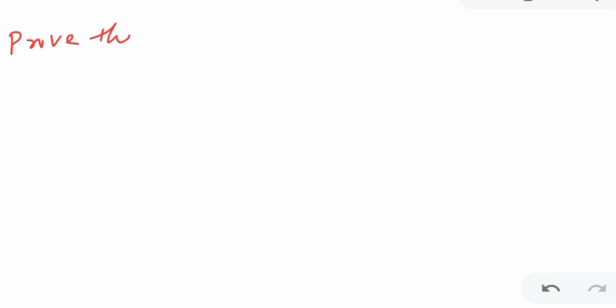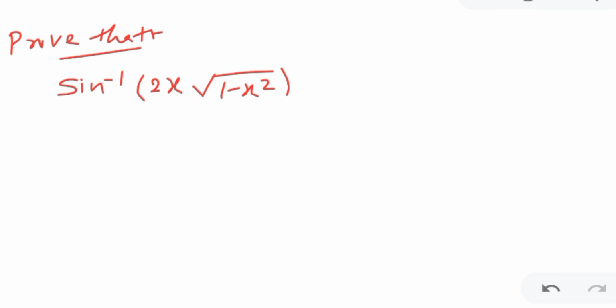Okay, prove that. What we have to prove? Sine inverse of 2x square root of 1 minus x square is equal to 2 sine inverse x, where x is given as minus 1 upon root 2 to